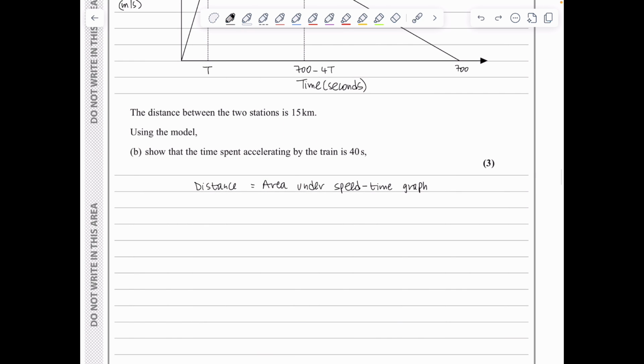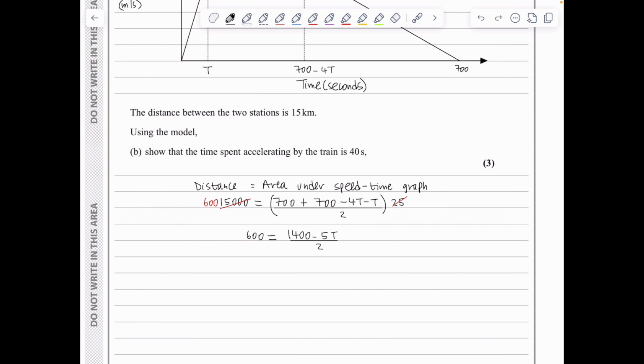So I'm going to say that 15,000 is equal to the area of this trapezium, which is base 1, which is 700, plus base 2, which is 700 minus 4T, and all of it divided by 2 times the height, which is 25. So I will start by cancelling out the 25 with the 15,000, giving me 600 on the left hand side. I will proceed by simplifying on the right hand side, so we're looking at 1400 minus 8T and all divided